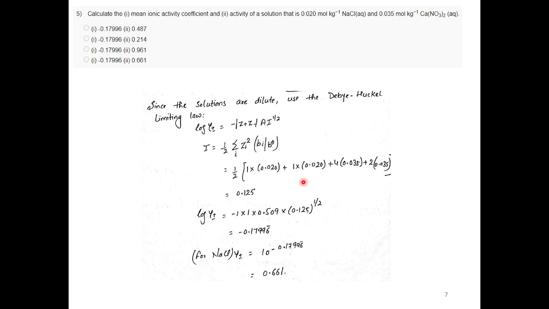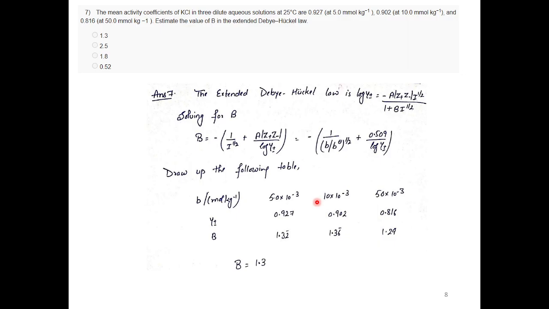So you can get the idea of how to calculate this mean ionic activity coefficient, and from there you can do many other things, how basically this can be taken forward. Now come to the next question, where you need to find out the mean activity coefficient